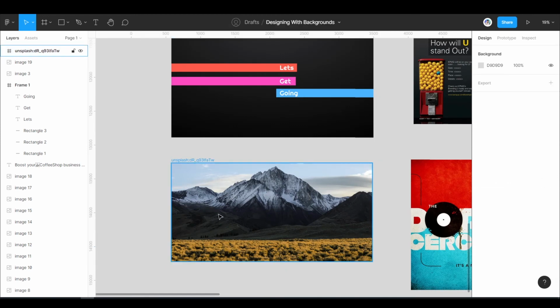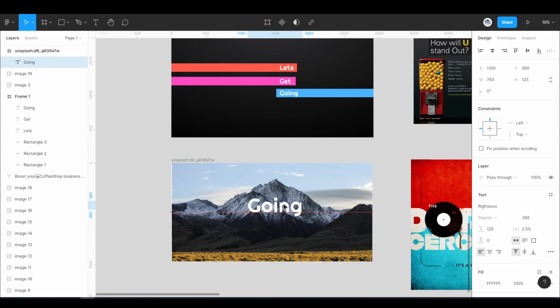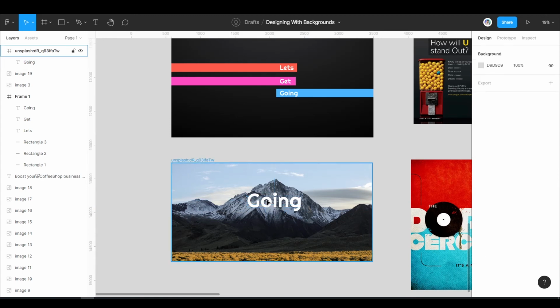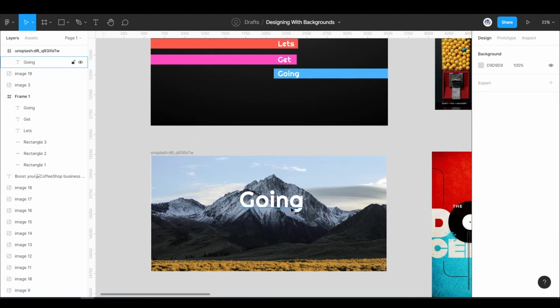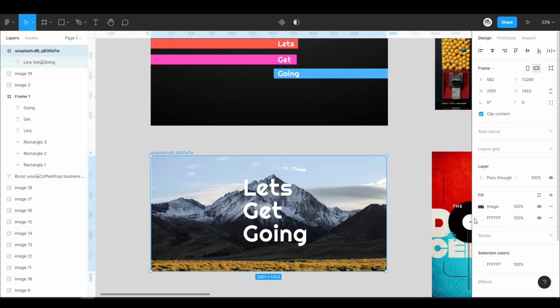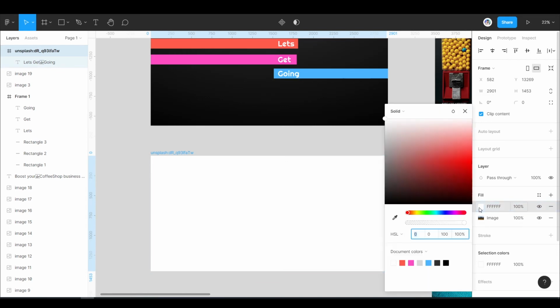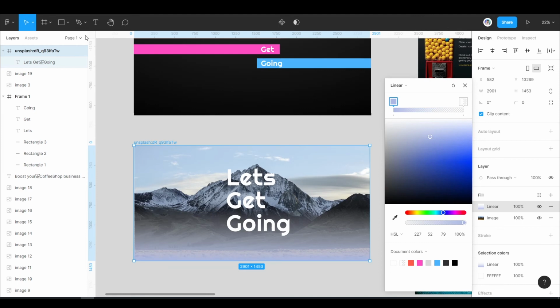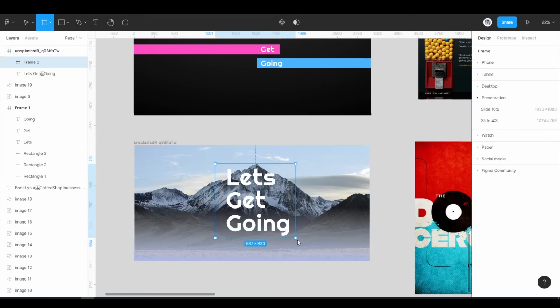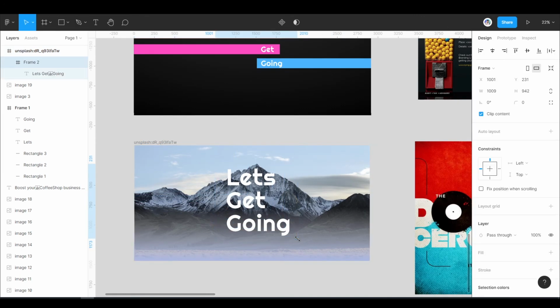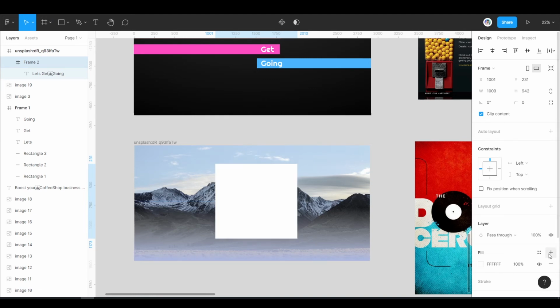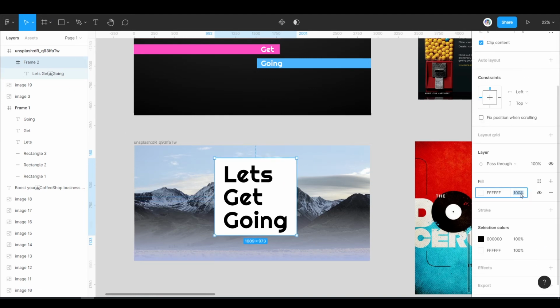I have this frame filled with the image of mountains. Now this is good enough if you check it, but this is less legible because a lot is going on in the background. So either you can overlay this with a gradient, so I already have a color, and here I can use it as a gradient. What I will do is create another frame and fill it with white color. Now add 50% transparency to this one, and as you can see, it's already creating a lot of contrast.